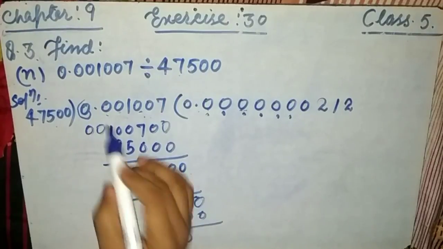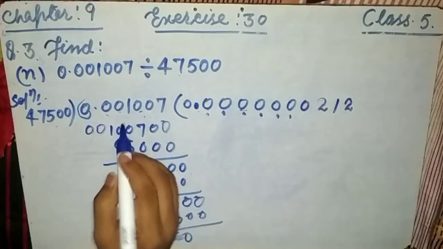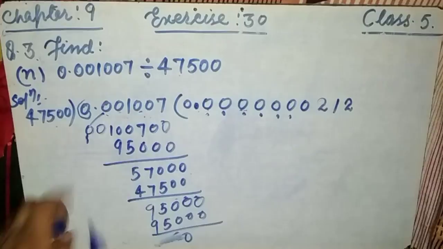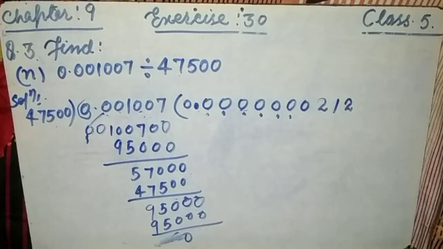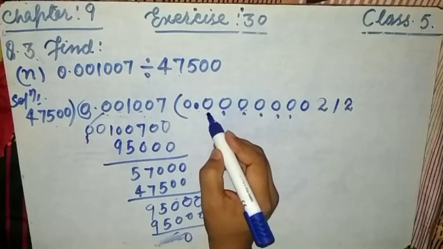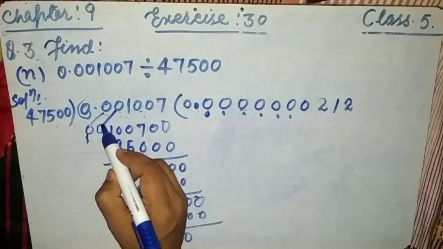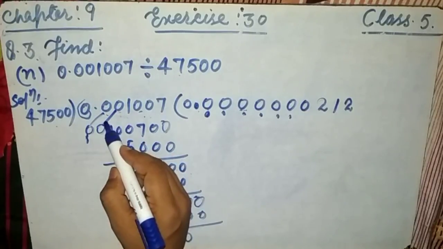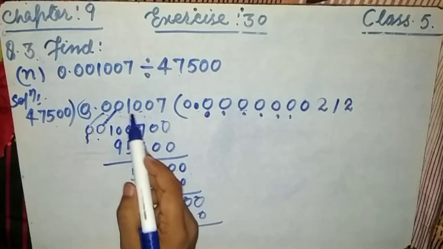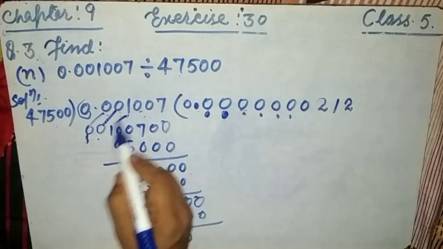Okay, now if you remove this decimal, here it should be decimal. Okay, now write down this 0, but this 0 is very less than the divisor. So in order to write the next digit, we have to place here the 0, then write this. Remember friends, and please keep watching very carefully. This is also 0. In order to write this number, place 0. So this is here the 1.